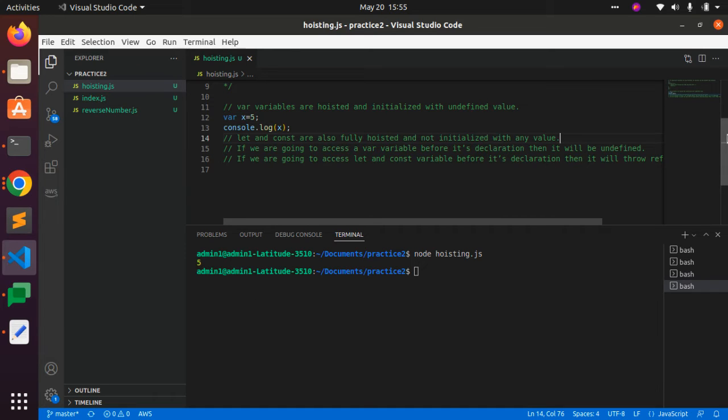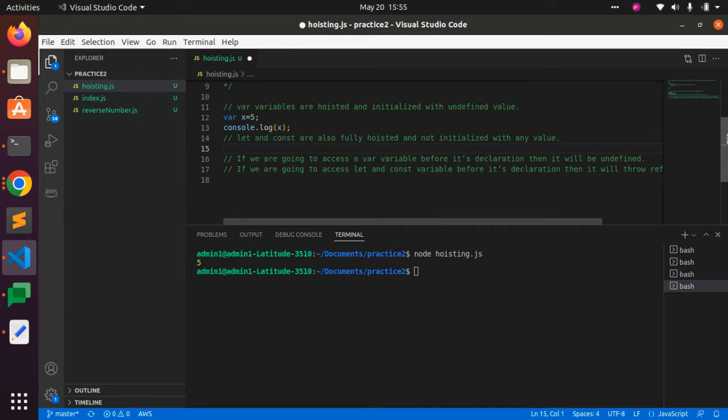Similarly, let and const are hoisted, whereas var variables are hoisted and initialized with an undefined value. That means if we access this variable before its declaration,